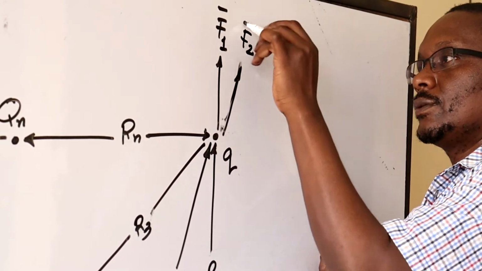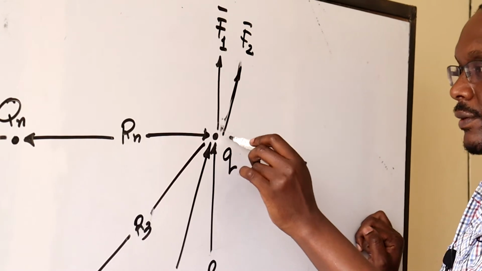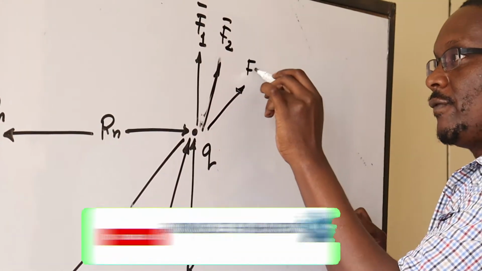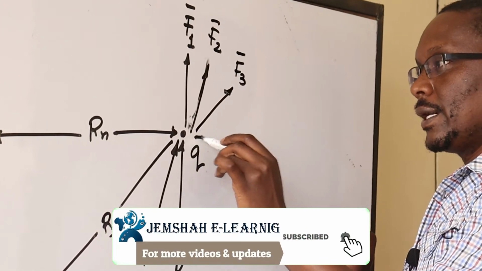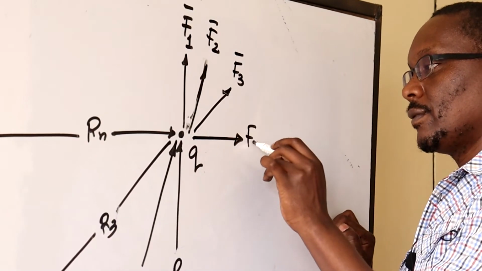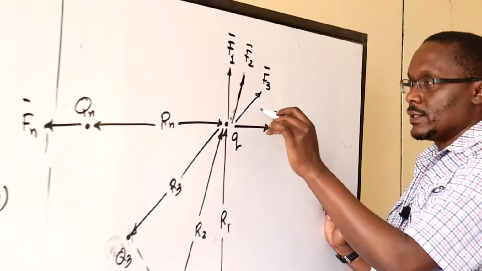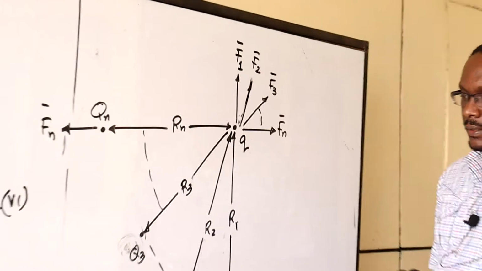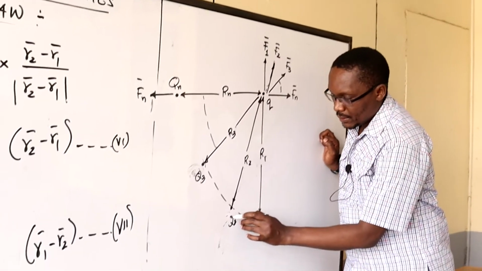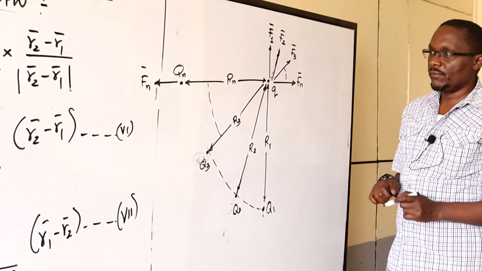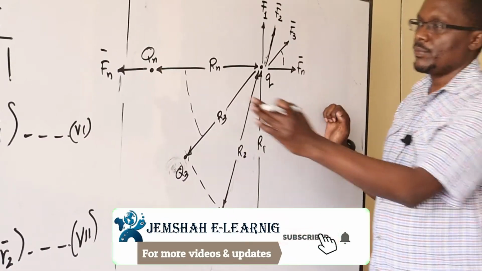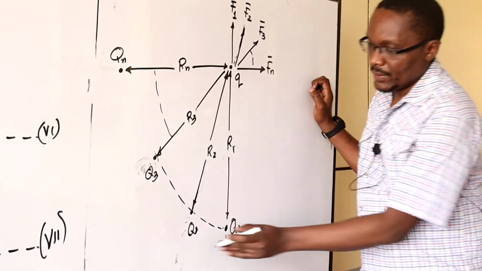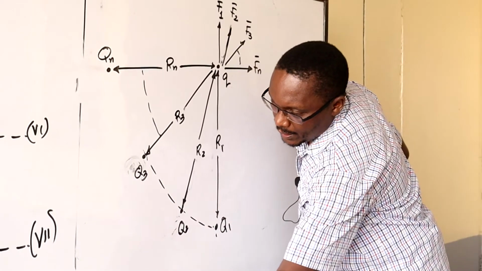That will be F2, and maybe the third one due to this, F3, and we have that as being Fn bar. So we have that, and we have that. Now, if we were to compute these forces, then we are going to apply our superposition theorem. And if we apply our superposition theorem, then we'll have F